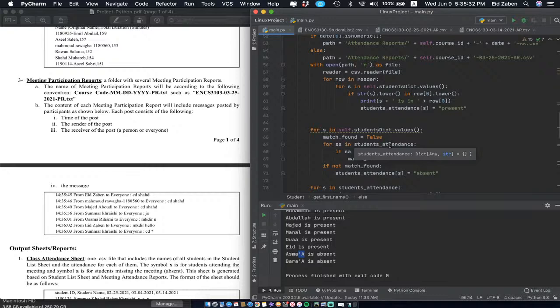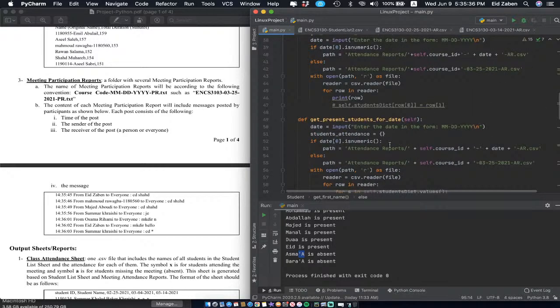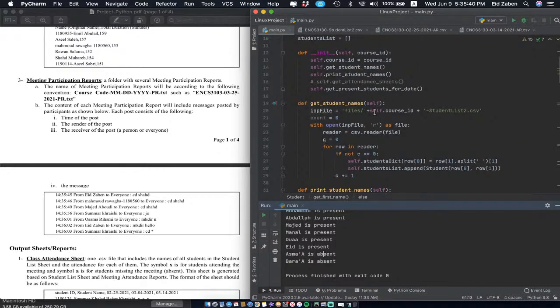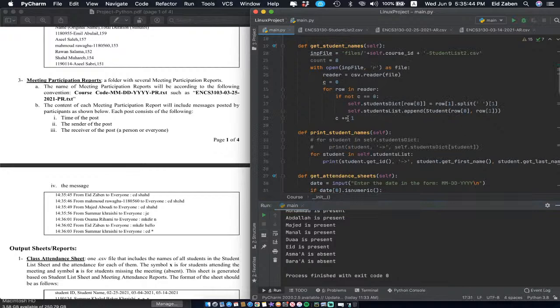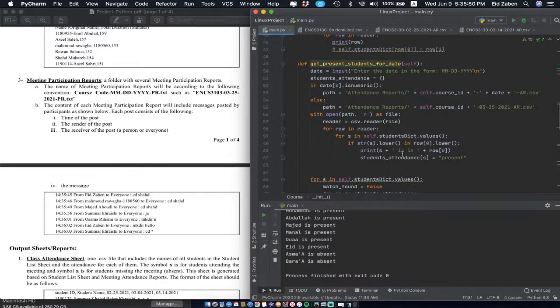I don't know. But yeah, so now that we've updated the get first name and we've fixed these 2 errors, the next thing that we should be changing is this function right here. Right now I'm using the student's dictionary, but I instead want to use the student list and get each person's first name and just check to see if that first name is inside of